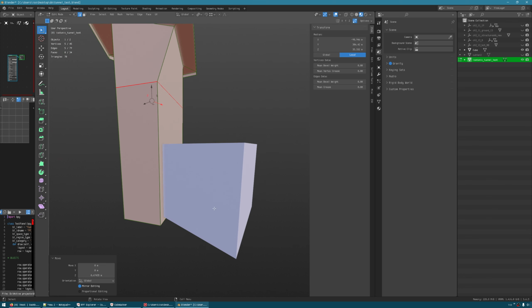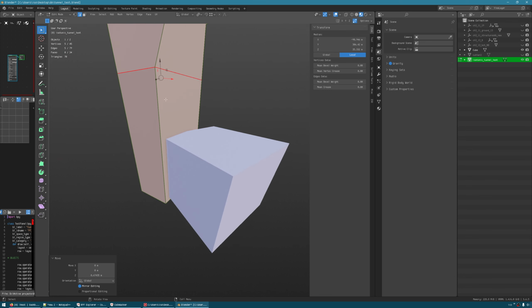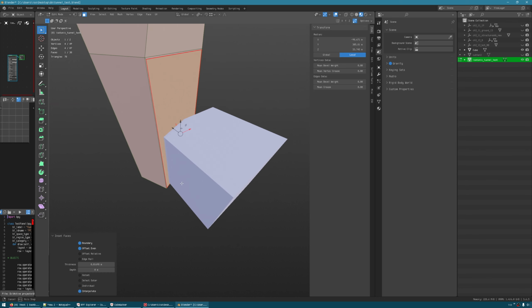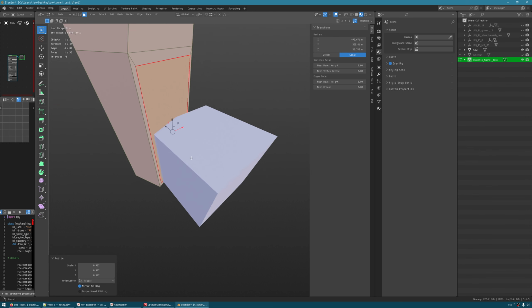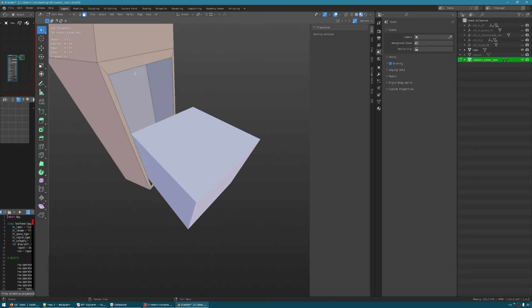Again, this is how tall the player is, and this is the room overhead. And press number 3, select this face, press I to insert. Press delete, face, number 2, hold Alt, let's hide the cube,